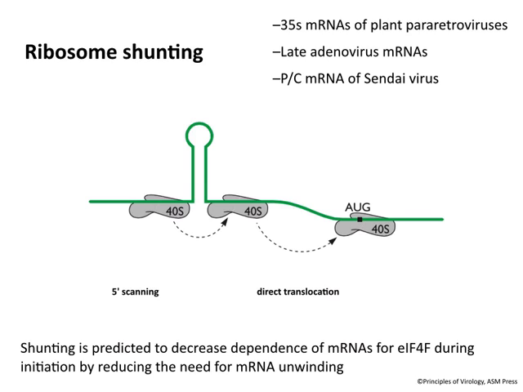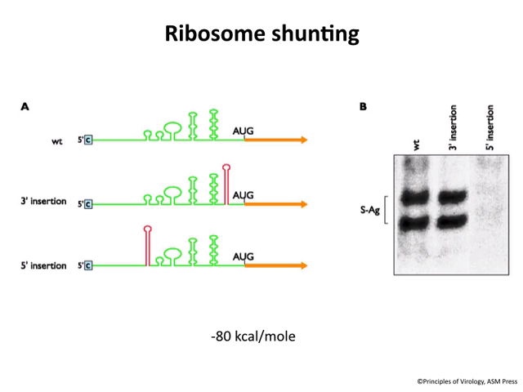So in our previous example, the ribosomes scanned up to a certain point. Let's take a look at that. So the ribosomes scan through this secondary structure and then are delivered to the AUG without further scanning. So the presence of that first stem loop is bad because it's interfering with scanning. But the second one doesn't matter because here's the structure that promotes shunting. The ribosomes recognize it and bypass that structure.